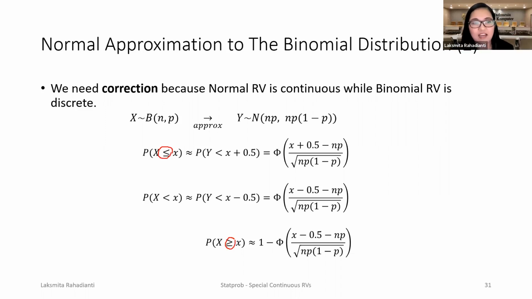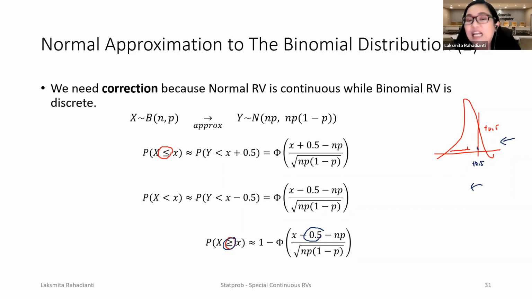You're coming in from the left-hand side, and at the point where you're having your limit, you need to add plus 0.5. Same goes for larger than or equal to, because you're going from that side, and then you need to account for an additional 0.5 to the left. That means minus, right? If you're going to the left. So you need to correct it, giving a little extra when you have equals. However, when you're using not equals, only less than, you need to correct it with a minus